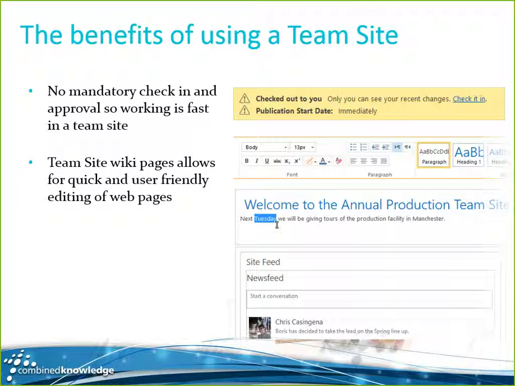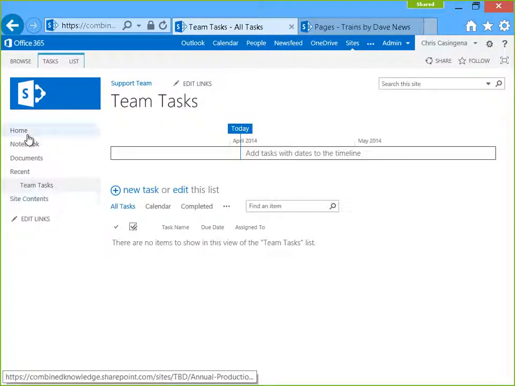Some of the benefits go as simply as you don't have to check in content, you don't have to have approval on content like you would in a publishing site. It's less formal and it means a team can get things achieved a lot quicker. Team sites also adopt Wiki Pages introduced in SharePoint 2010, which are very fast to edit. So if I wanted to quickly update my home page, there's no word of a lie, that actually is